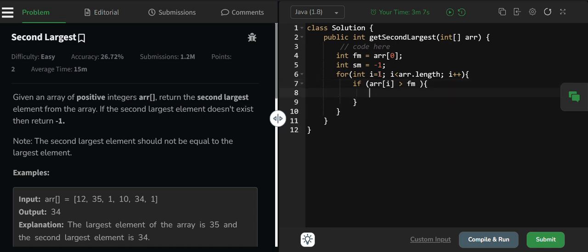Next, secondMax = firstMax; and then we need to set firstMax = array[i];